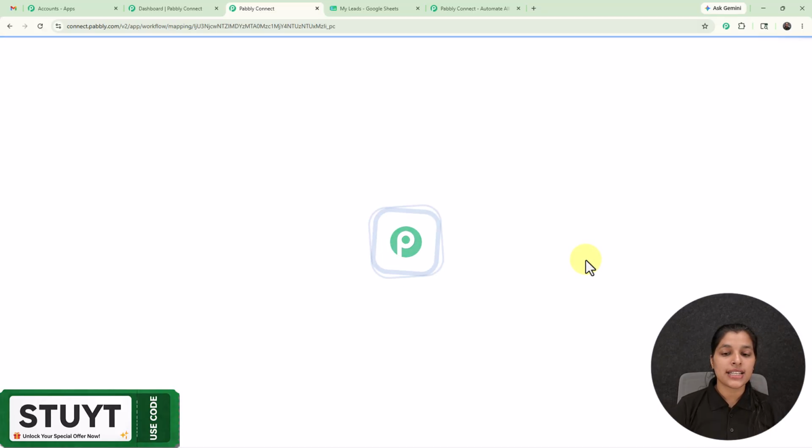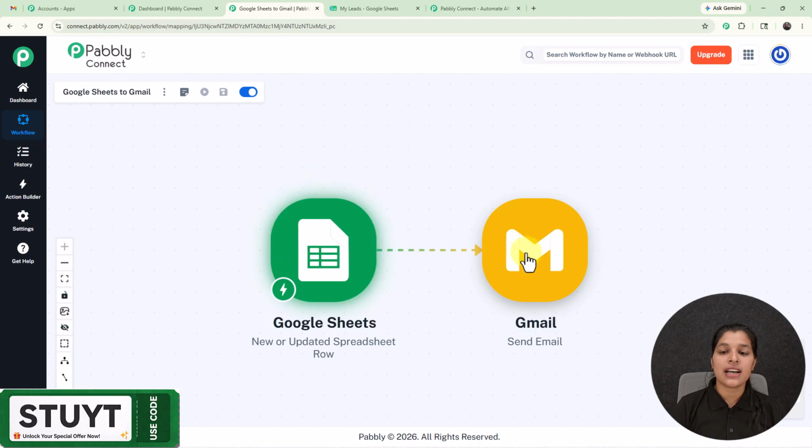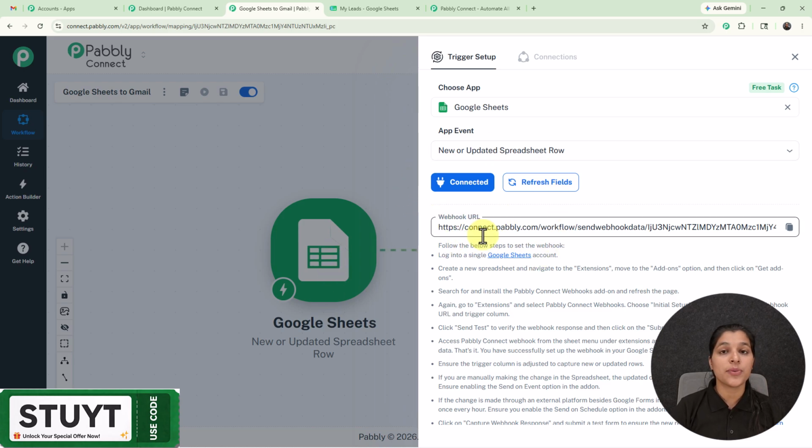And right here you can see that we are on the workflow page where my Google Sheet and Gmail are already integrated. So here I'm going to select Google Sheets, and now here we are getting this webhook URL. This webhook URL is basically for building the connection between Google Sheets and Pabbly Connect. So now let's copy it, and now let's move on towards my Google Sheet through which I want to receive